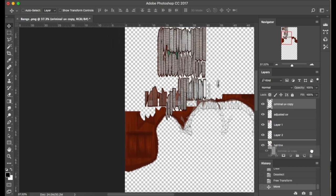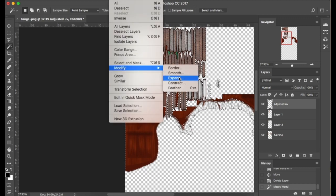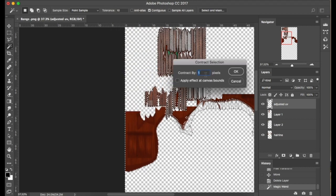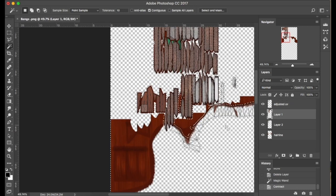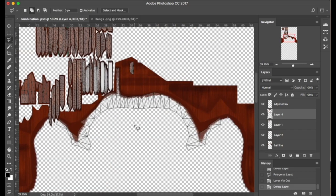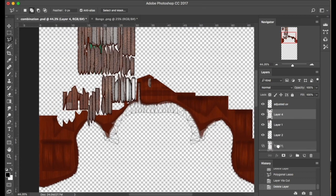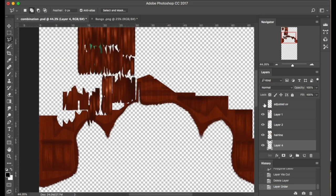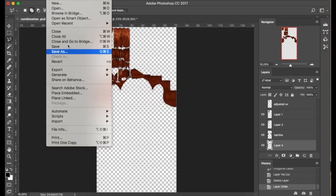So let's get rid of that, go to adjusted UV again, grab my selection tool, select, and now instead of expanding I'm going to contract because I'm not actually going to inverse it. So that's selected the same. I'm going to go here and delete. Okay. Let me move that all the way to the bottom. Then I can get the UV out, and let's save that